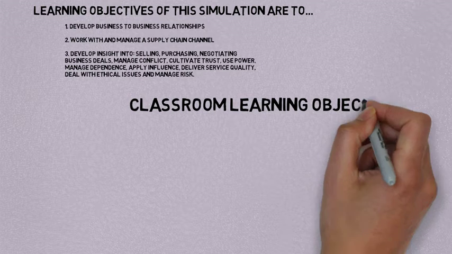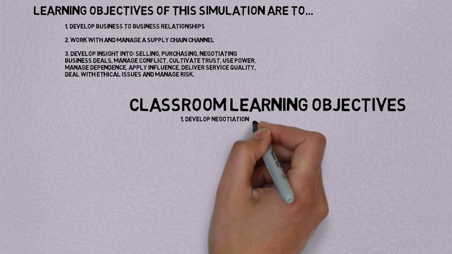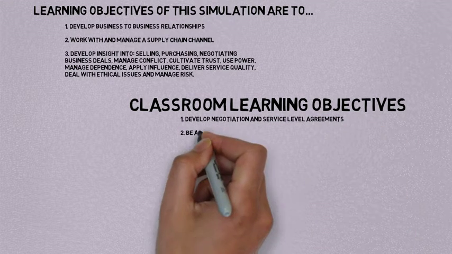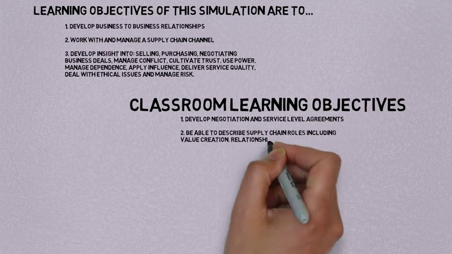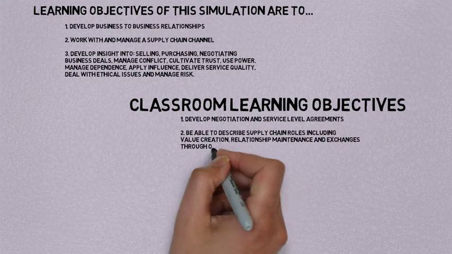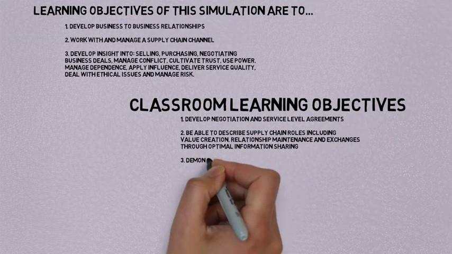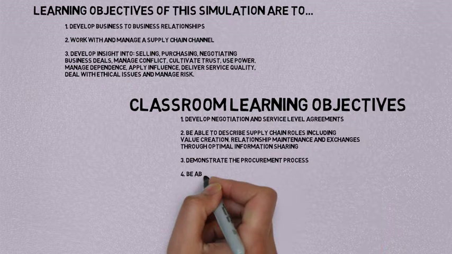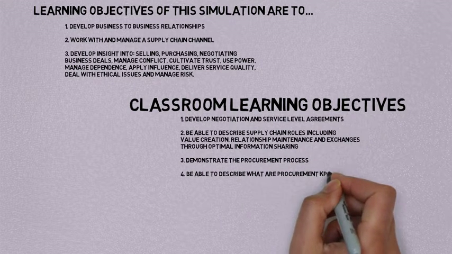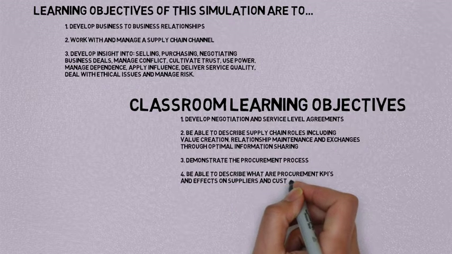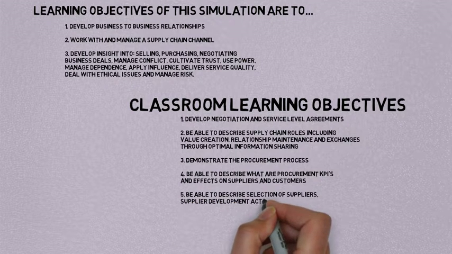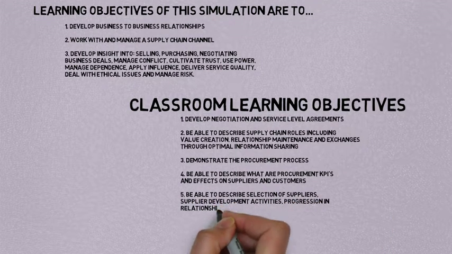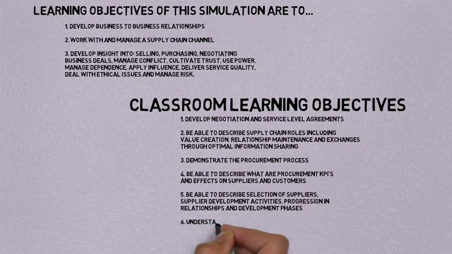The classroom learning objectives of this simulation are all-encompassing and include: 1. Developing negotiation and service level agreements, 2. Being able to describe supply chain roles, including value creation, relationship maintenance, and exchanges through optimal information sharing, 3. Demonstrating the procurement process, 4. Being able to describe what procurement KPIs are and their effects on suppliers and customers, 5. Being able to describe selection of suppliers, supplier development activities, progression in relationships and development phases,